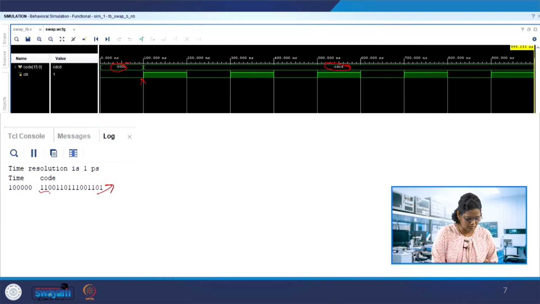You can see CD and CD everywhere, at 100 or whatever, it gets maintained. So there is no change with respect to the clock. This is due to the blocking assignment. Blocking assignment evaluates the right hand side and immediately updates the left hand side, so it's an immediate assignment.